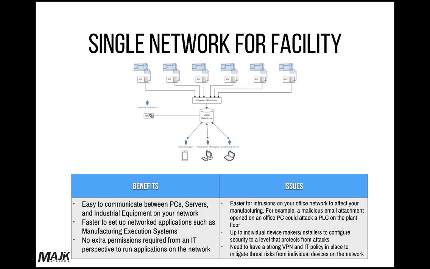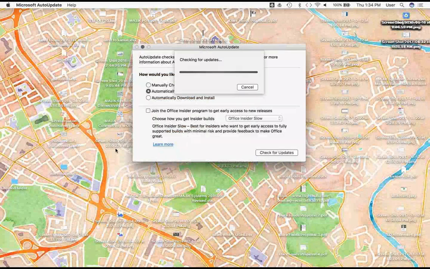You don't really require any extra permissions from an IT perspective, but it is easier for intrusions on your office network to affect your manufacturing. And it's really up to each individual device maker or installer that gets added to the network to configure security locally on that device to a level that will protect it from attacks. Then you really need to have strong IT policies in place to mitigate